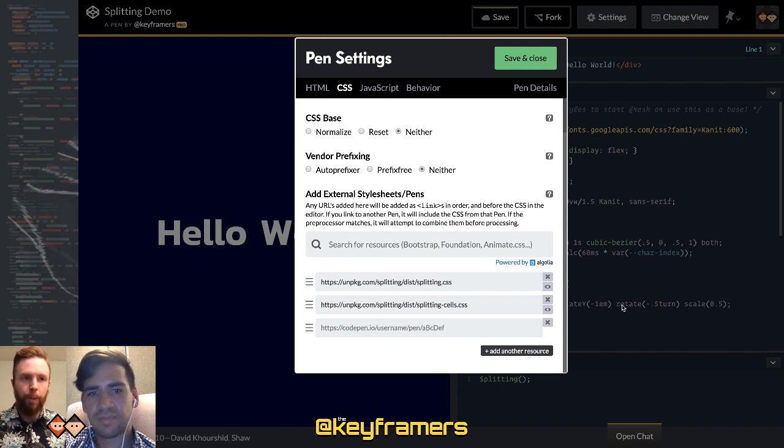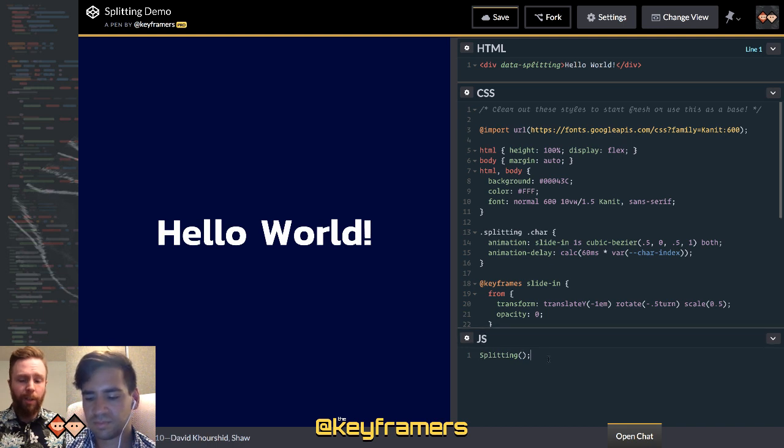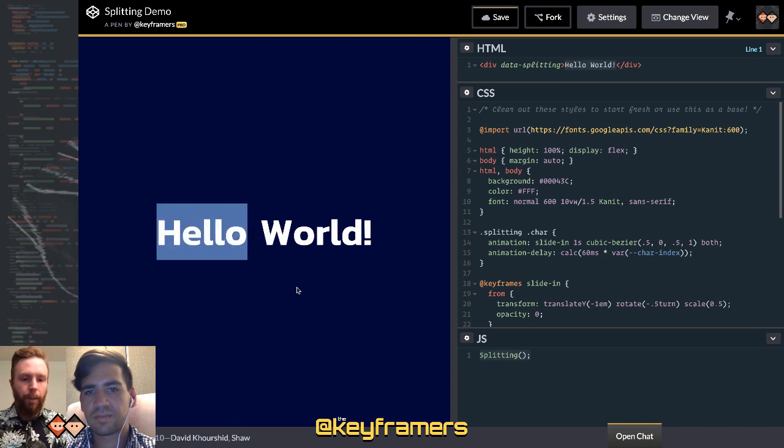We'll probably go over some of those as we go, but for now, all you have to do is call Splitting in the JavaScript down there. And then any element you want to split, you can just add the data-splitting attribute to. By default, this will split by characters, which means each of these characters in Hello World actually becomes its own element.